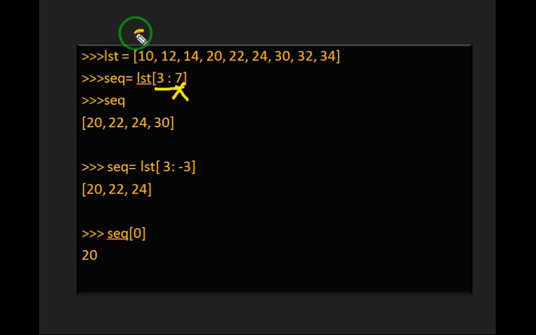The first values have index numbers 0, 1, 2, then 3, 4, 5 and 6. So it will display 20, 22, 24 and 30. Now let's come over here.